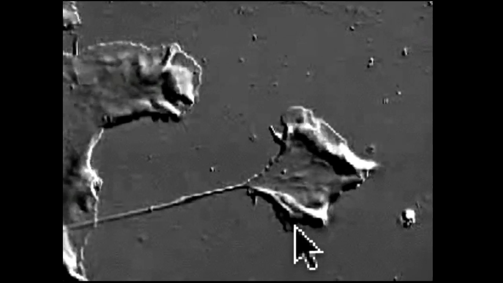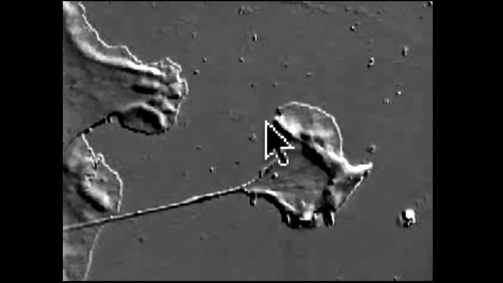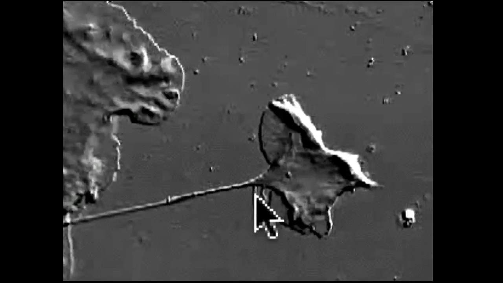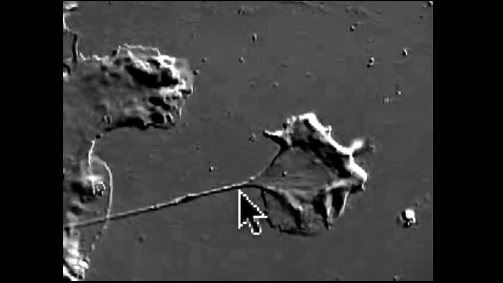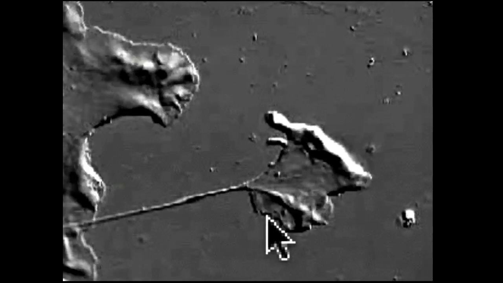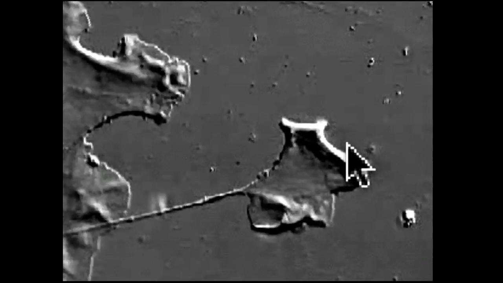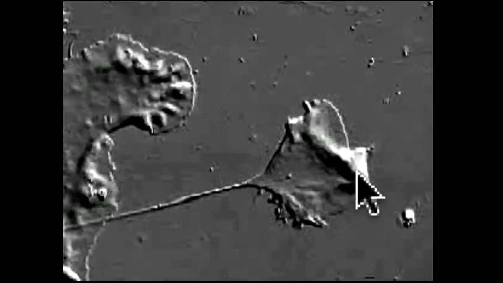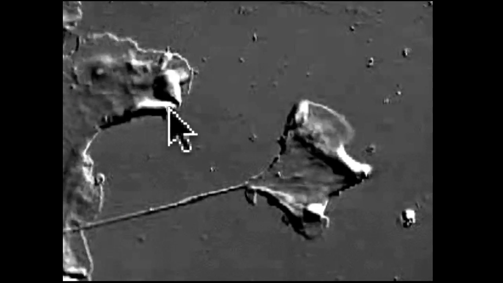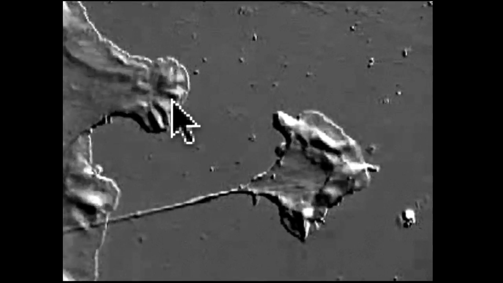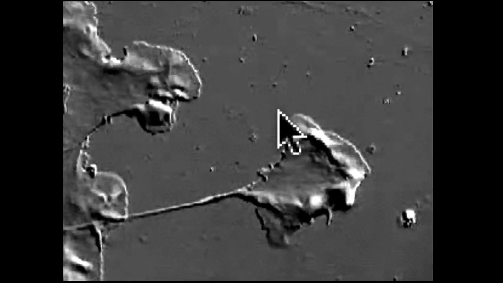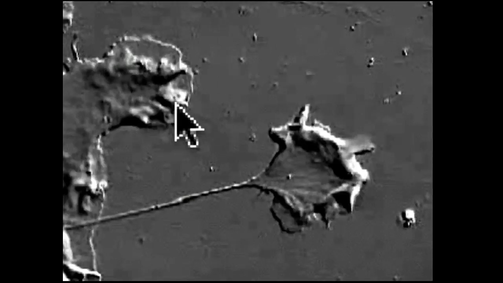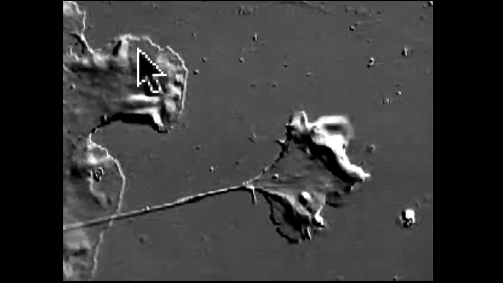This video is showing the ruffling of a membrane, and this is called a cytoplast. It's an extension of the main cell, and so it doesn't have a nucleus. It's just connected by a thin cytoplasmic bridge. But notice the extensive ruffling of the membrane. This is caused by polymerization and depolymerization of actin microfilaments. And notice the main cell body is also undergoing this ruffling motion. Many cells use this ruffling as they migrate across a substratum. So again, here's an actin-based process, a microfilament-based process.